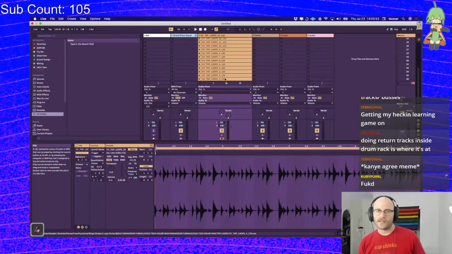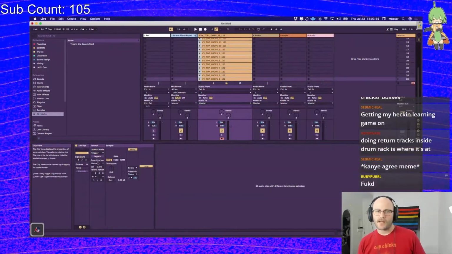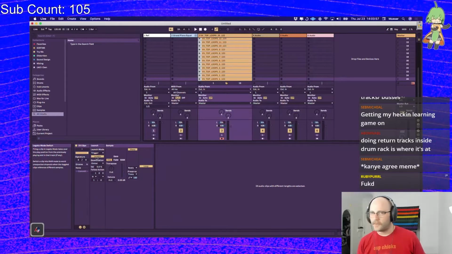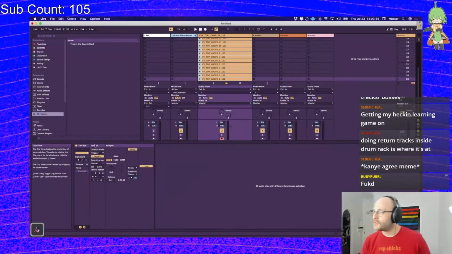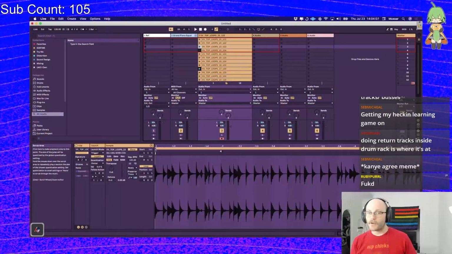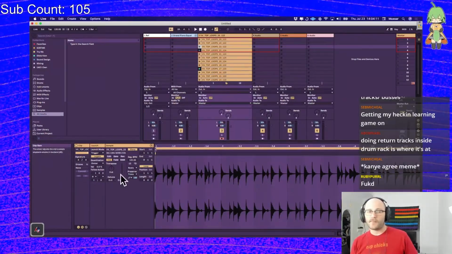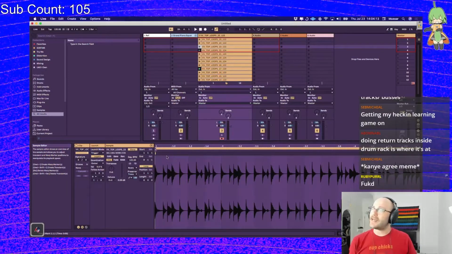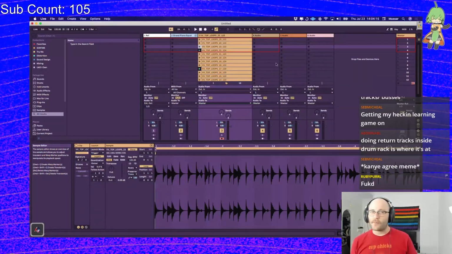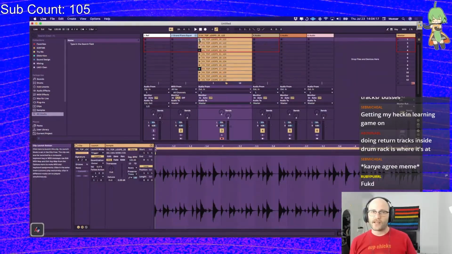So we're going to select all these again. And now I'm going to click this button that says Legato. What Legato Mode does is it remembers the playhead position and chooses whatever clip you're moving to and puts its playhead at wherever that would be on the clip. So if I click here,